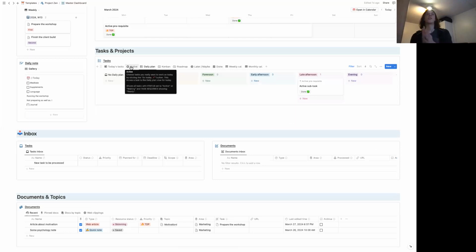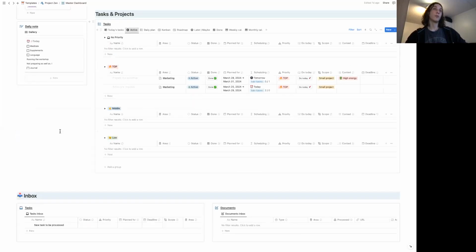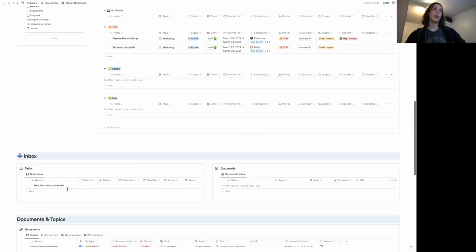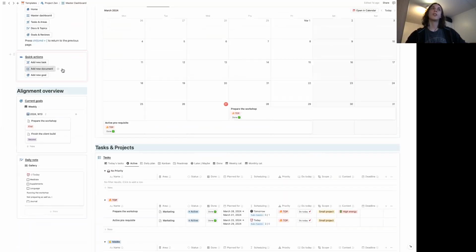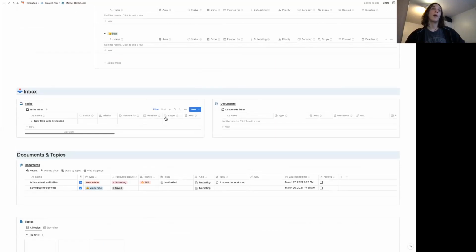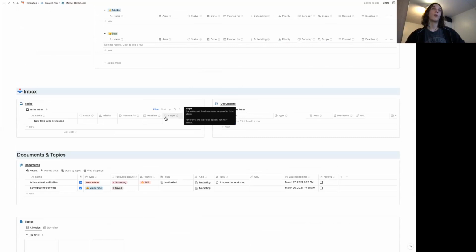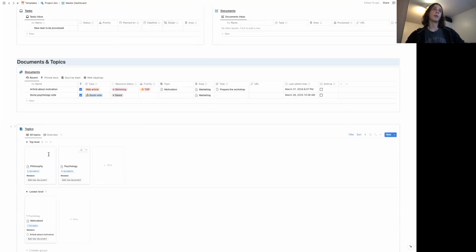So that's the daily plan. And then here we have inbox. So all the tasks that you create with either this shortcut or the add new or documents even, you will find them here. And again, you can just walk through the steps of the organizing that we covered before. And even lower, we have the documents and the topics that we assign to the documents. So everything is here,